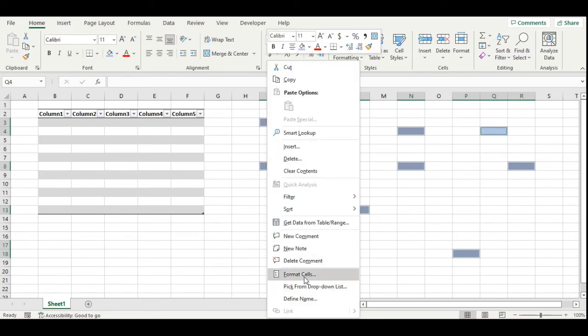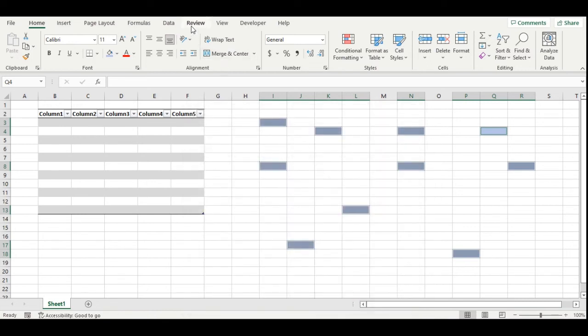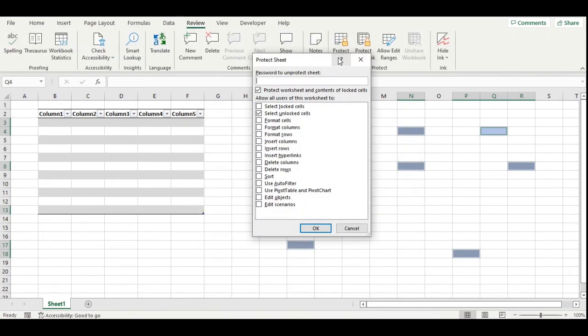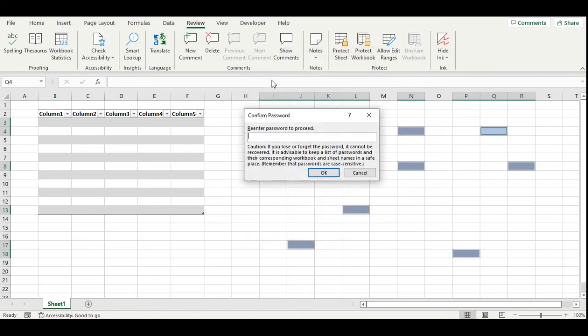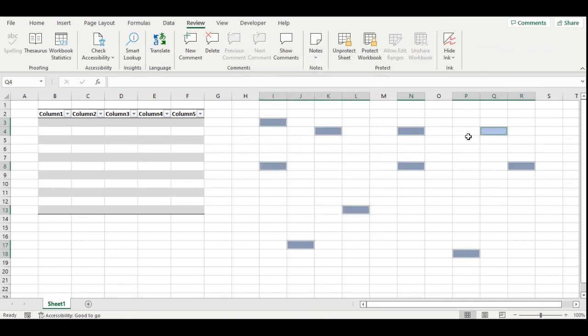I'm going to right click, Format Cells, and uncheck this. Click OK. Go to the Review menu, Protect Sheet. This is already unchecked because we just did it. I'm giving a password. OK. Re-entering the password. OK. Now if you look at it, when I keep pressing the Enter key, when it reaches